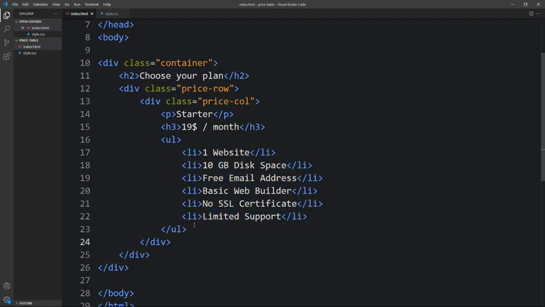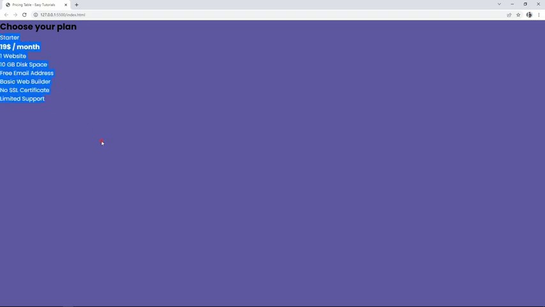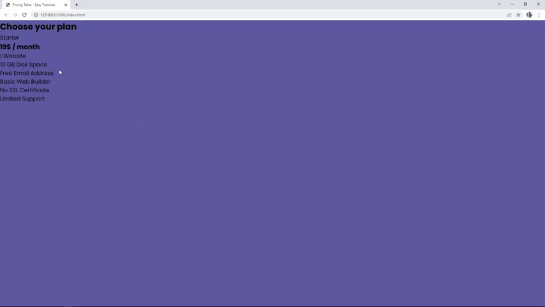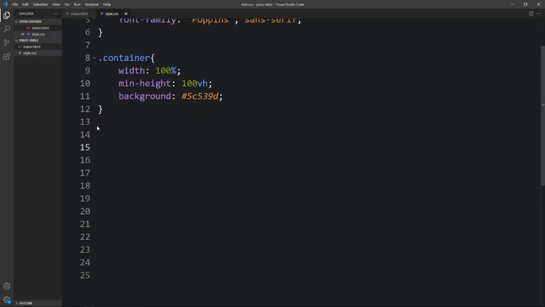After adding this, let's come to the web page, and here you can see this title, and after that you can see the information about the first price plan, which is starter. Next we will add the CSS, so let's come back, and here you can see we have added the title in H2 within this container. So come to the CSS file, again write this class name container,